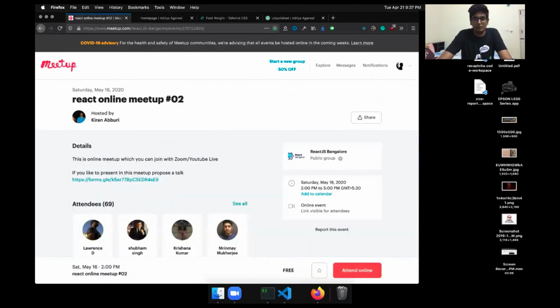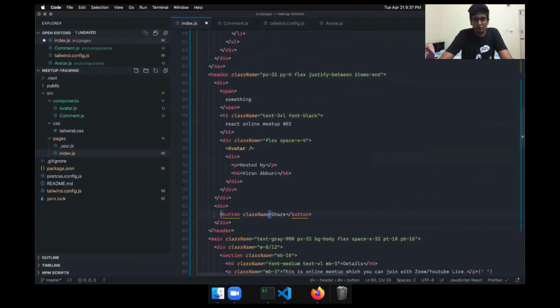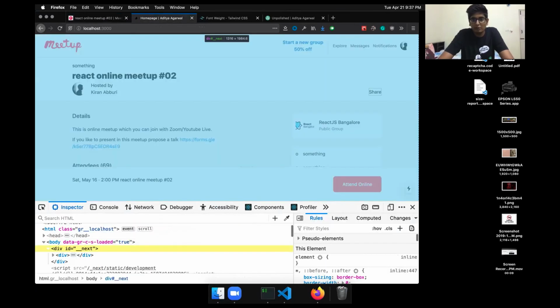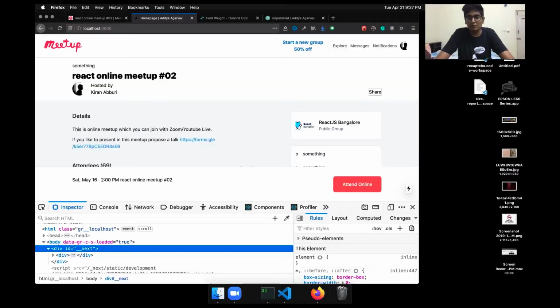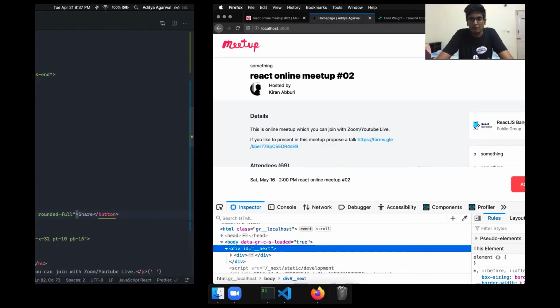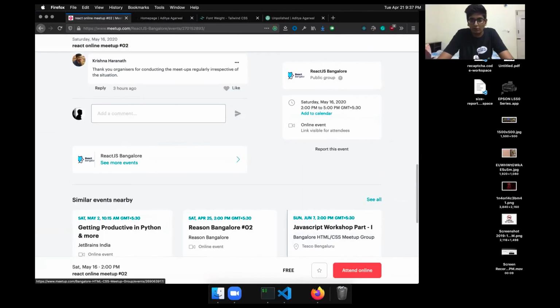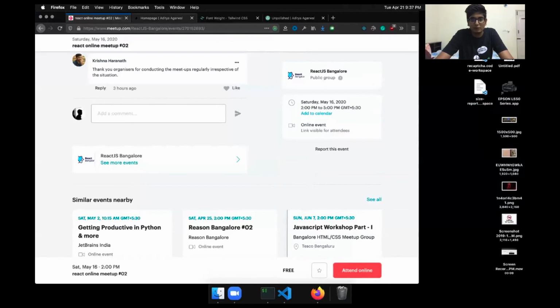And let's style the share button as well. The share button has a border. So border, and let's do border gray 500. Some padding. So px6, py3, rounded LG. Sorry, rounded full. Okay, no, we don't want rounded full. We just want rounded LG. Cool.